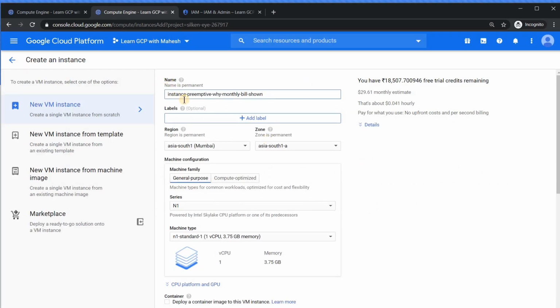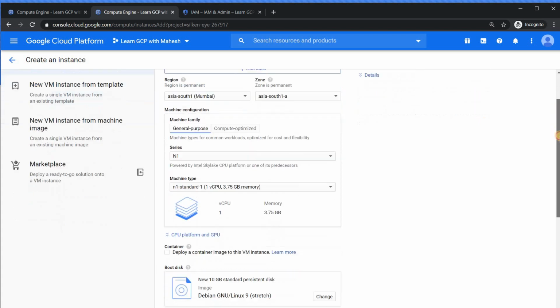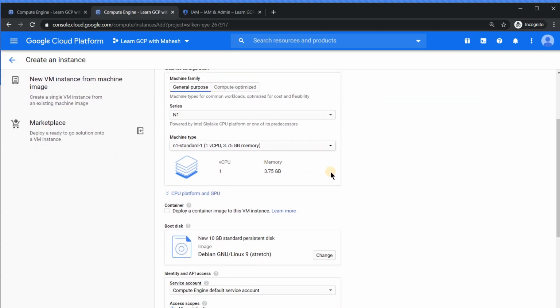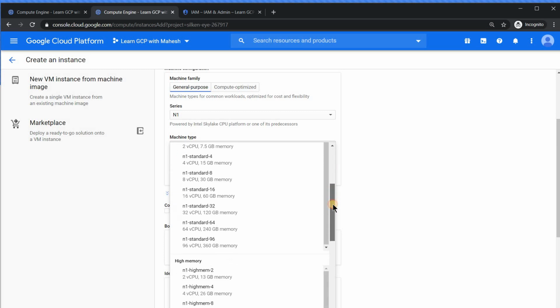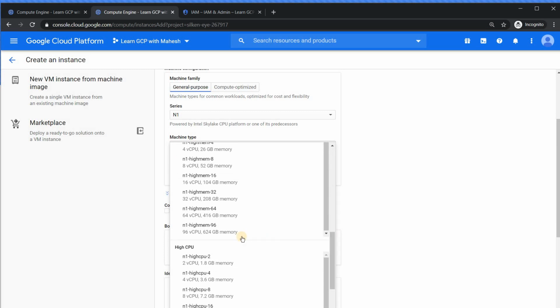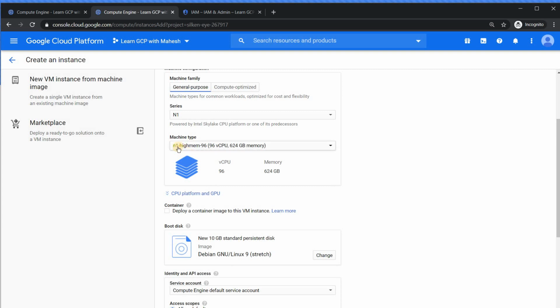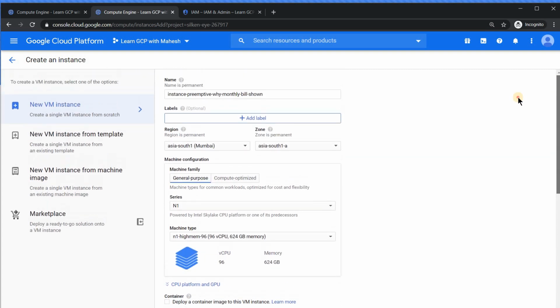So we are in our web console and you see I have given a name here, and let me make a very powerful virtual machine. Anyway, we are not going to provision it. We can provision a very powerful machine, N1 high mem 96, which is 96 vCPU, 624 GB of RAM. This is a regular virtual machine.